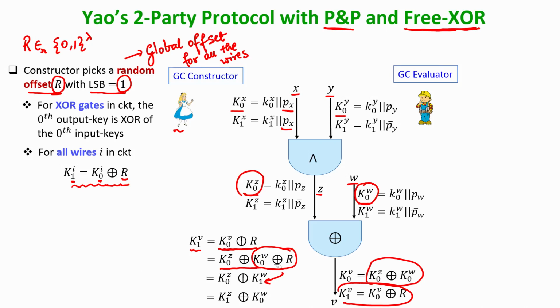Or if I consider it the other way around, if I take this value and this value, this is this. That means I can say that this relationship holds. Okay. Right.